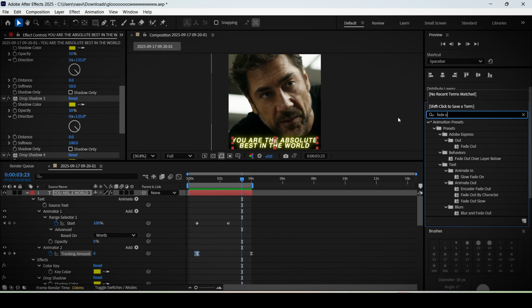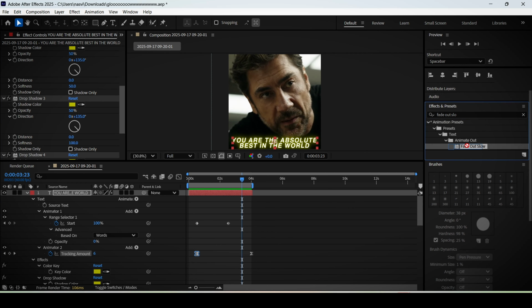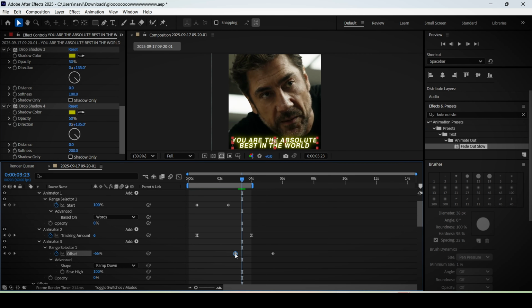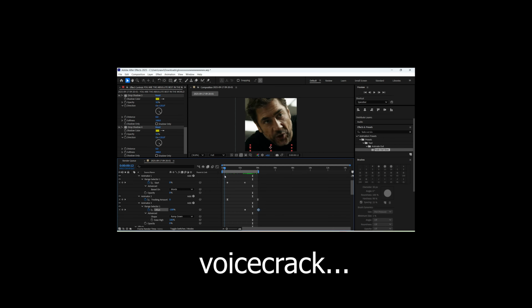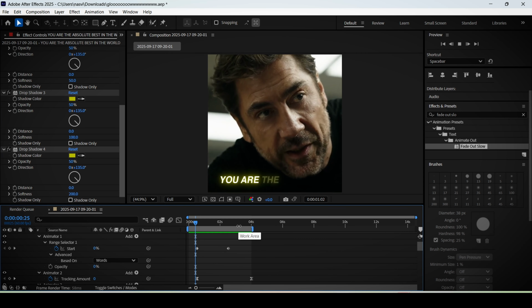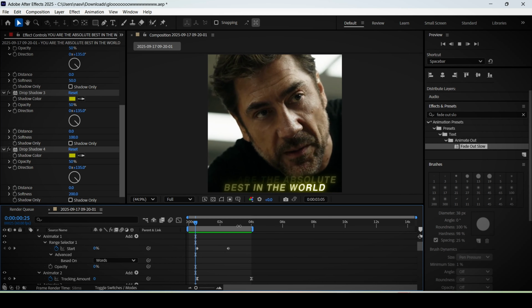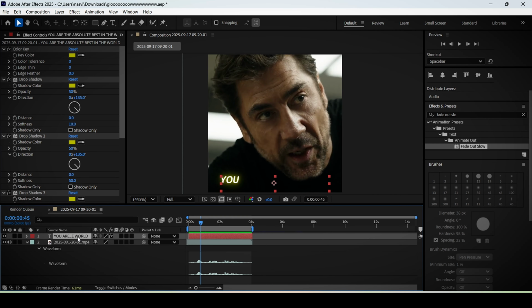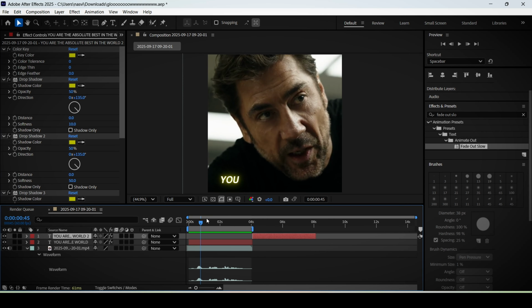Now to fade out the text, simply search for fade out slow in the effects panel and apply it to the layer. And ideally, you should put the starting frame of this effect at the exact frame where the fade upwards animation ends. Slight voice crack there, but we move on. So yeah, this is how it looks so far. You can then Ctrl D this layer to duplicate it, place it at the next line of dialogue, and you